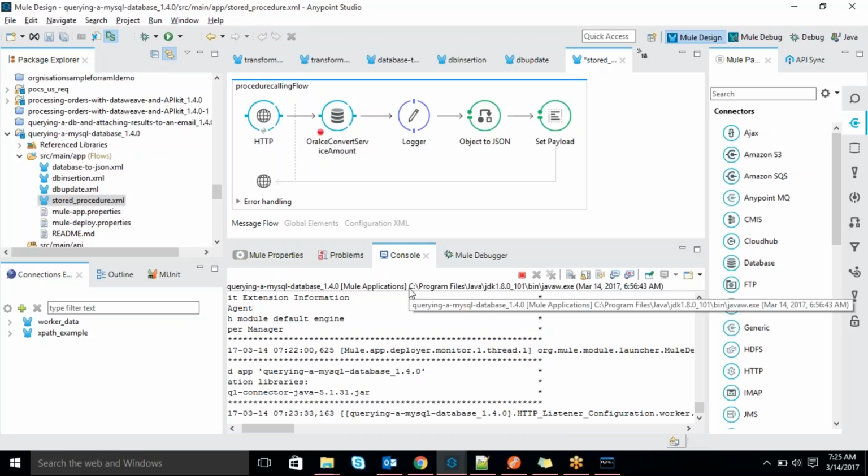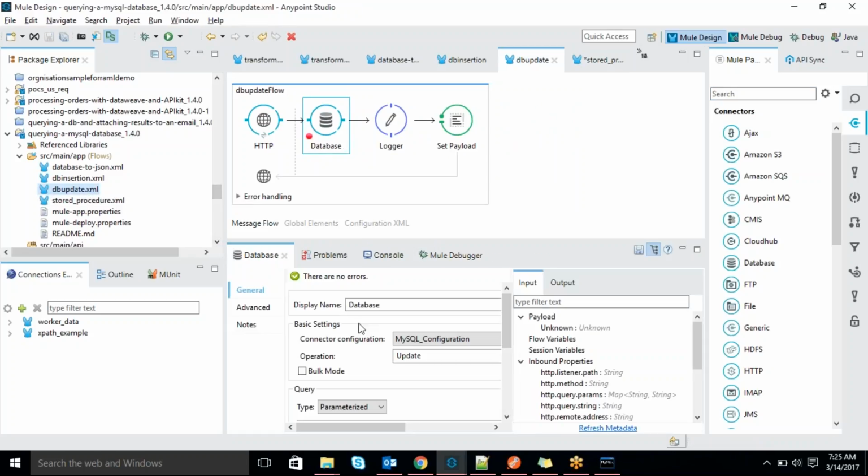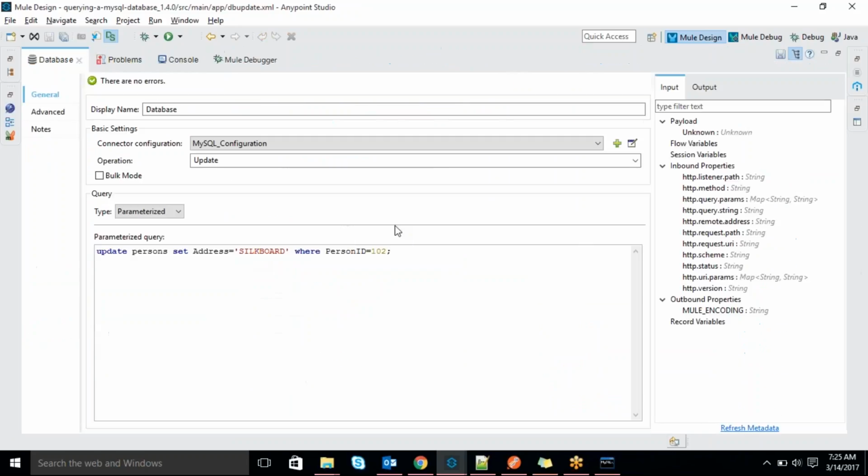So do you have any questions? Tell me. If I want to update multiple records at the same time, right now we don't have any. Okay, Rahul has some question. For multiple records, the operation changes.